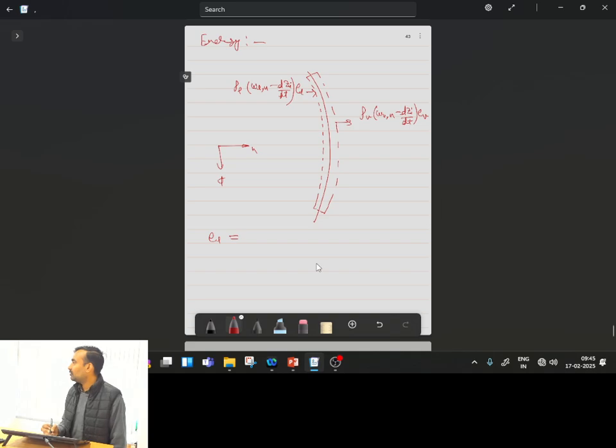EL has to be equal to the internal energy of the liquid, UL,